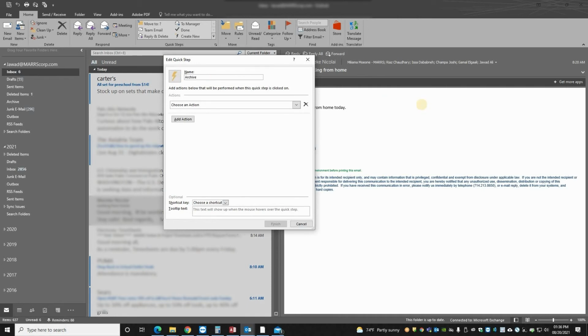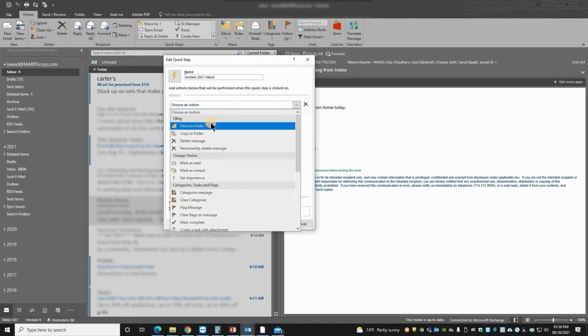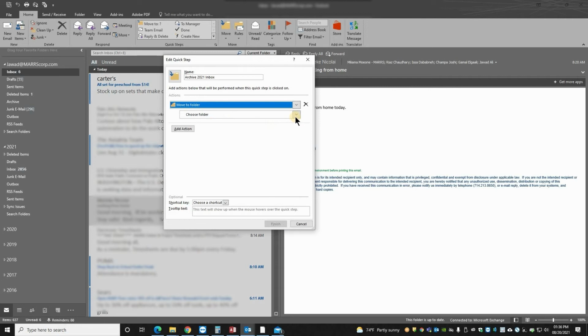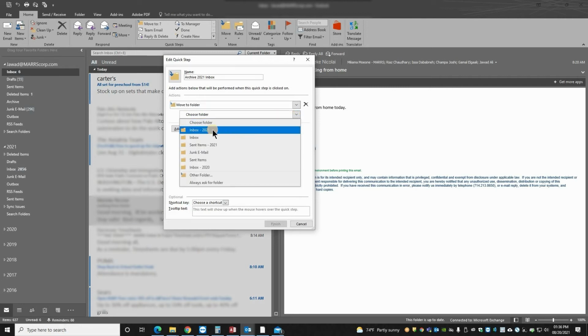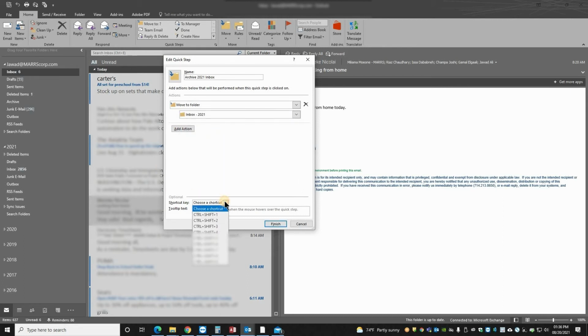This is just a name. You can type in any name you want, but for me it's inbox, archive to 2021 inbox, and then in the action choose move to folder, and then which folder you wanted to move, go here and choose inbox 2021, and then from here you can assign a shortcut key. Like you need to press Control Shift 1 to move all the items, and here you can put the tooltip. I can say archive 2021 inbox to inbox,